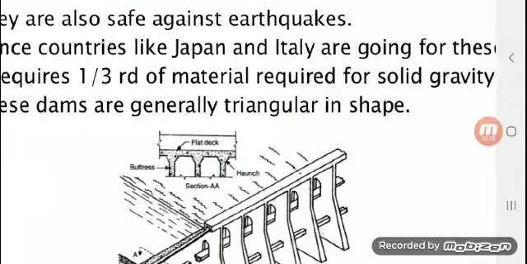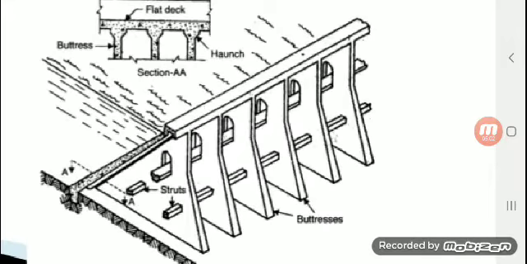So you can see the structure. These pillars are known as buttresses. So this slope in the passage of the river, you can see it is sloping. So it will form a triangular shape here, and struts are used here to carry this slope. So this slope is just compensating for the pressure of the water which is coming over it, and this buttress